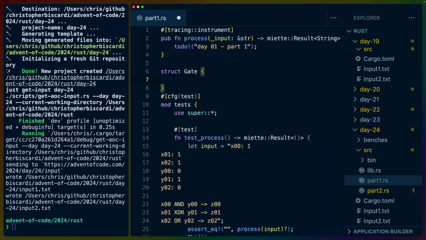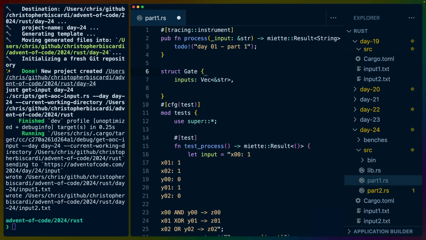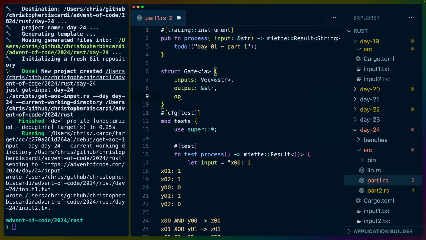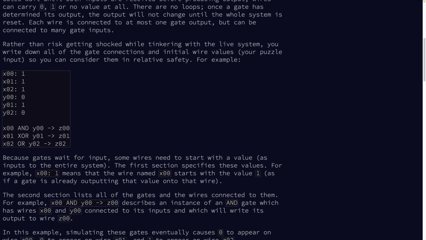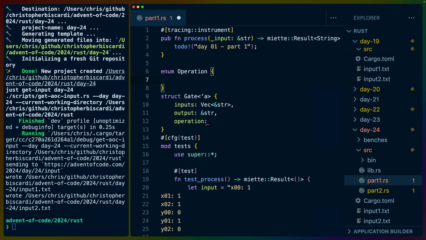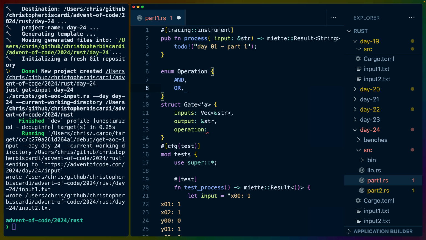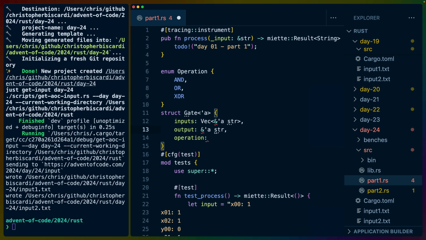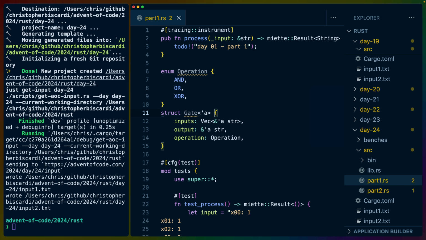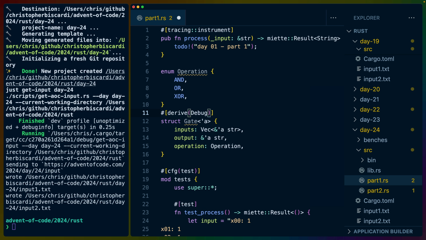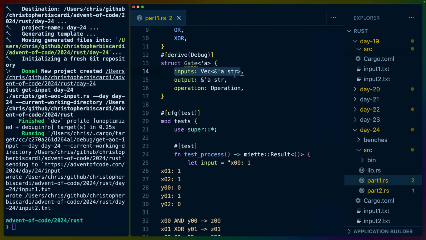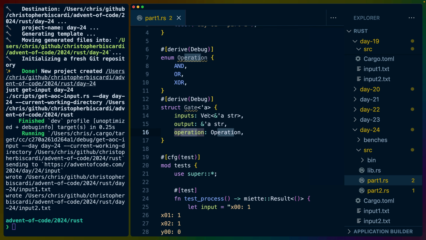So if we have a gate, then we have our inputs, which will make a vec of string slices. So that means we're going to have a lifetime here. Got an output, which is a string slice, right? So we're keeping the keys, and then the operation, which is AND, XOR, or OR. I think we could actually just store these operations, but I'll start with an enum. We're going to have AND, OR, and XOR. These all need to have the same lifetimes, and then I will add a derived Debug here and a derived Debug up here. So we've got the inputs, the output, and the operation, and then we have a hash map